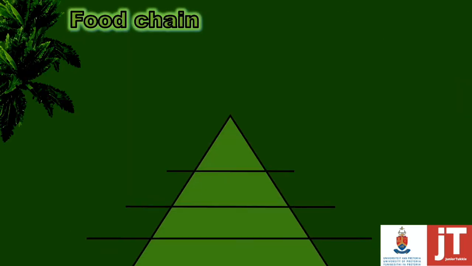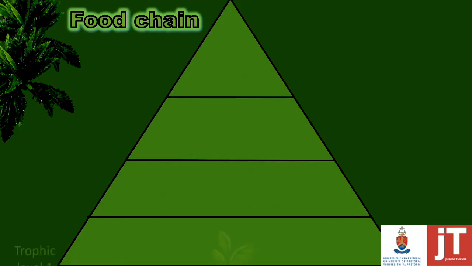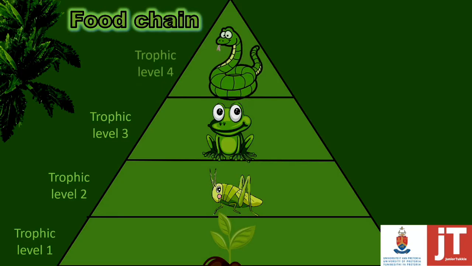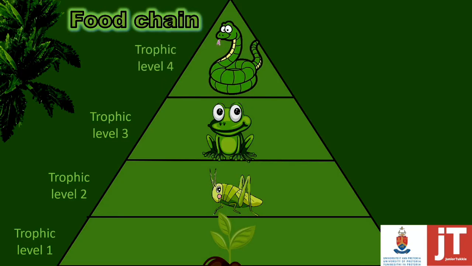Then we have a second way of organizing a food chain, and that's a pyramid. The bottom section of the pyramid is your first trophic level, and this will contain your producer. Then we move over to trophic level number 2, which is your primary consumer, and that obtains less energy as the sections become smaller. Then we move over to trophic level number 3 and trophic level number 4, which is your tertiary consumer.